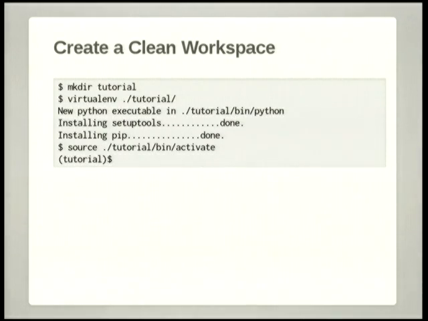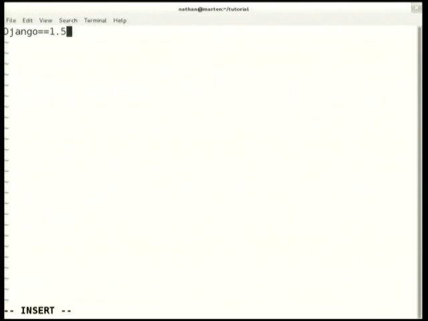So, well, let's try this way first. If I put Django equals 1.5 here,